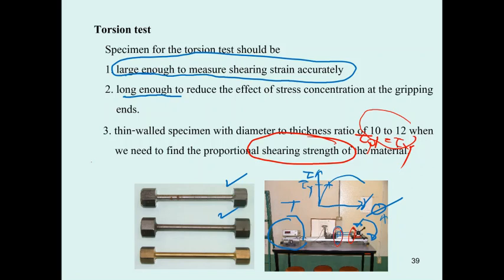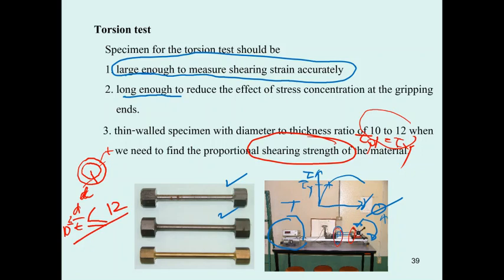That means what? That means it's going to be the specimen with this one, and the diameter to the T. This is going to be the diameter D, and this is going to be the T. The ratio of D over T is supposed to be larger than 10, and it's supposed to be between 10 and 12. Sorry, on this side it's going to be more than 10, and this one could be 12. Okay, it's going to be in this proportion